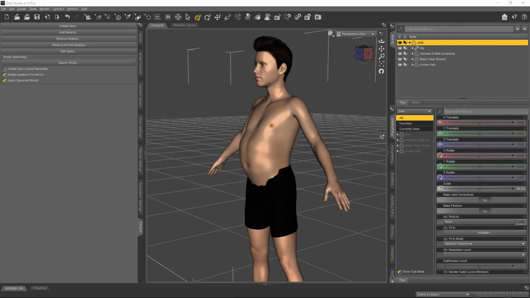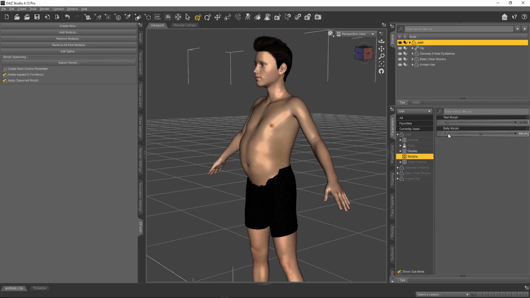And if we take a look under the parameters tab, under our Josh character, and under morphs, we can now find our new belly morph. And we can use this slider to increase that effect or decrease it. But we don't really want it to go beyond that original flat belly shape because that looks a little bit weird. So we can hold Alt and click on the value here to reset it to 0, which removes that